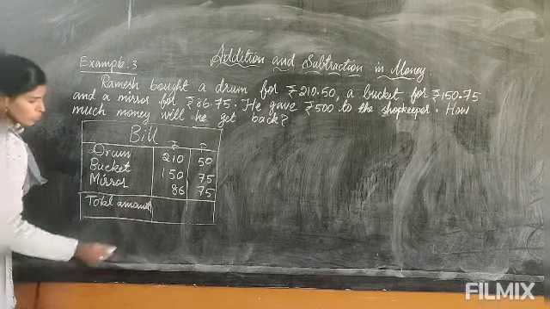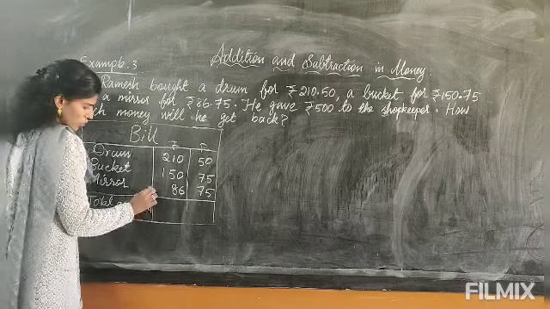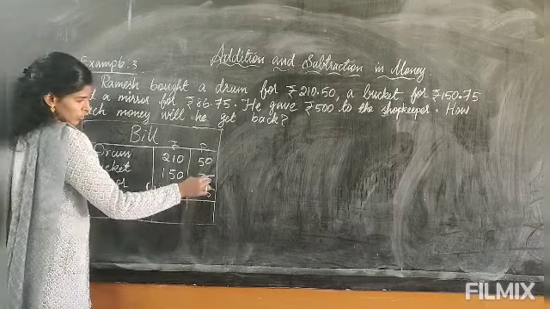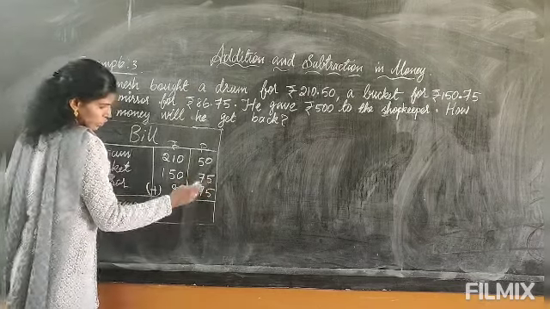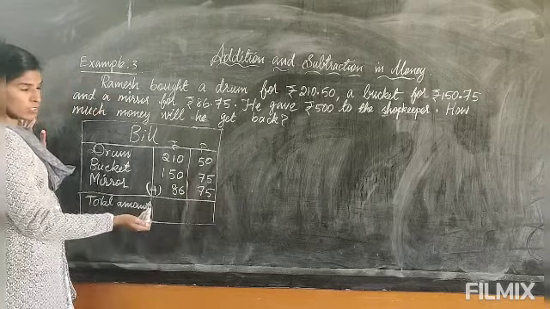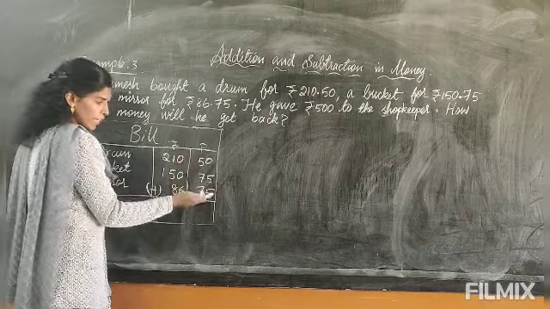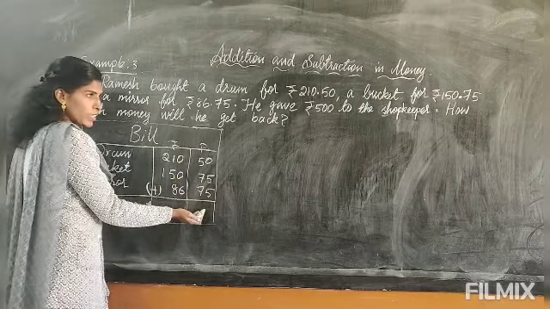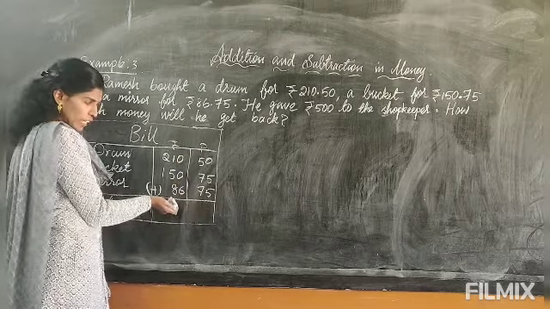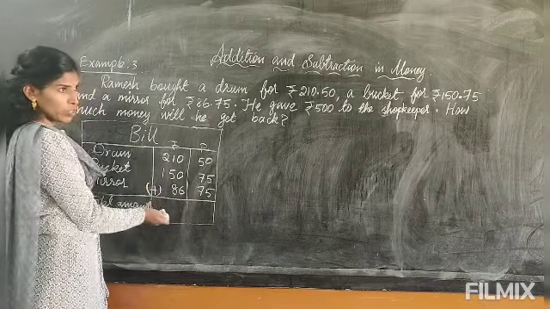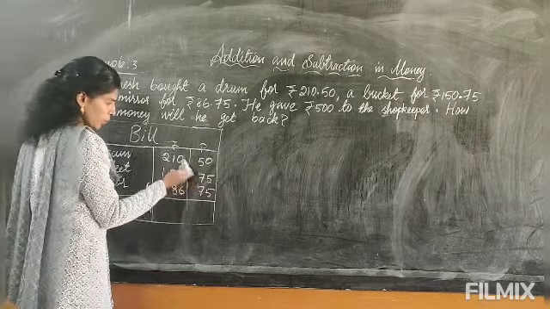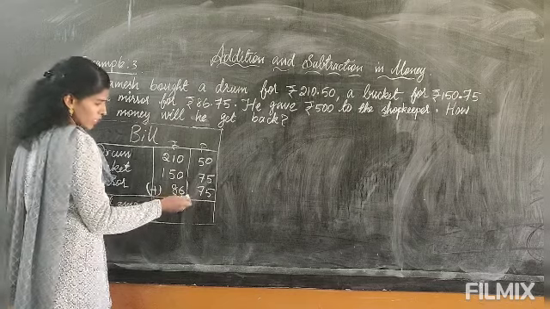Total amount. To find the total amount, you have to add. So these 3 you will add. So let's add now, 5 plus 5. First you have to always add the paise. Okay, don't add the rupees. You will add the paise first, and after completing that, if any carryover is there, you will carry over to the rupees. Then only you will add the rupees. Before adding the paise, don't add the rupees, otherwise you will get a wrong answer.